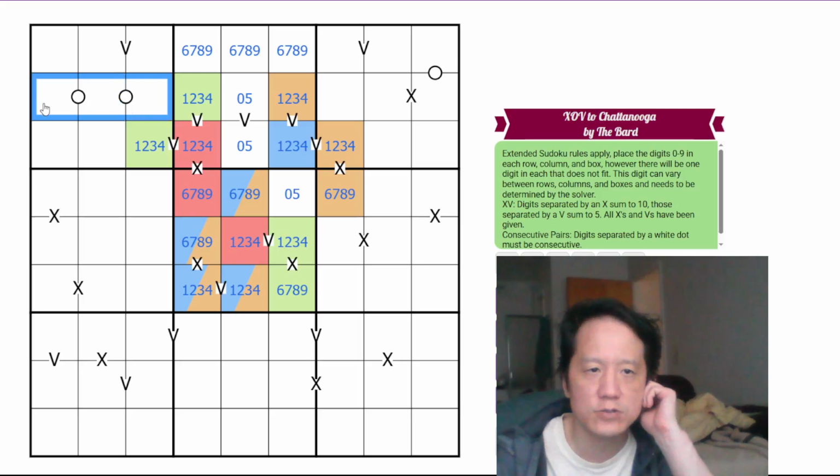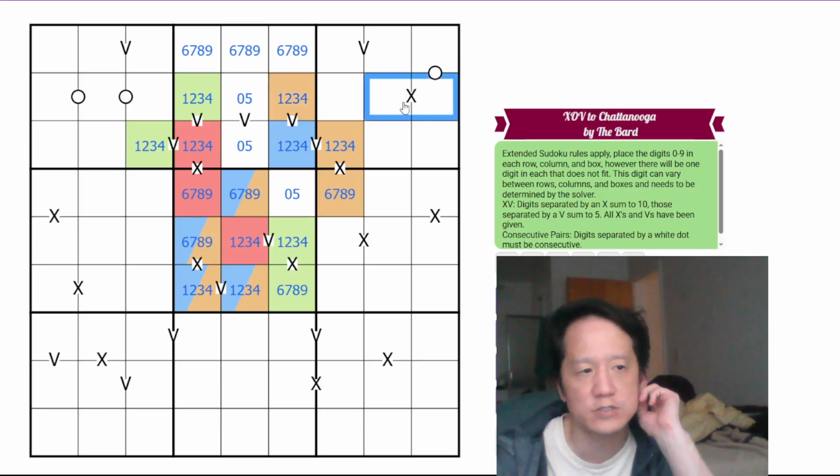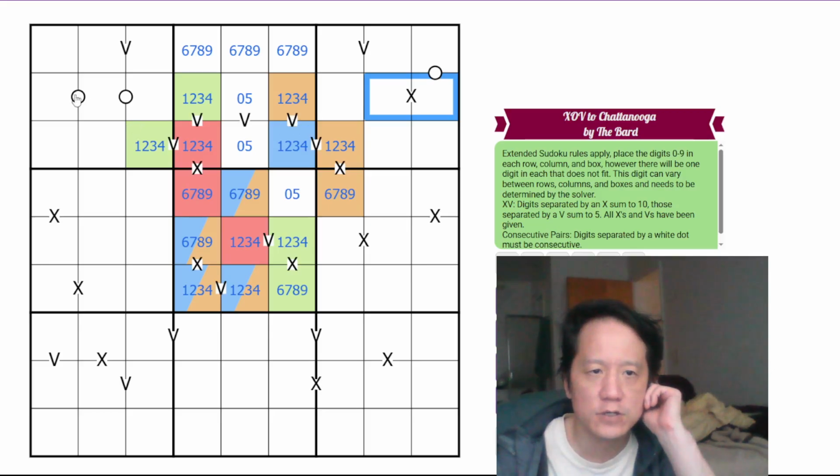Cannot be 0, 1, 2. Cannot be 1, 2, 3. Can't be 2, 3, 4 for the same reason. Can't be 3, 4, 5 for the same reasoning. That would force us to be 1, 2, 1, 2, which while still requiring a 1 through 4 here. So